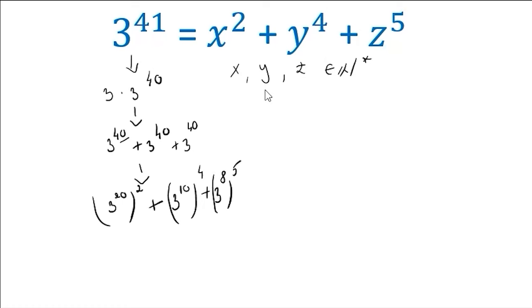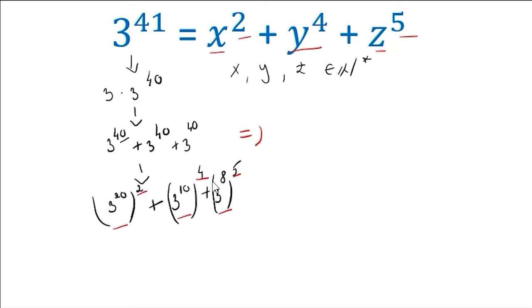I can see now in here that I have one number x to the power of 2, which is the same number as this one. Now I have another number y to the power of 4, which is this one also. And also z to the power of 5, which are those ones. It results that